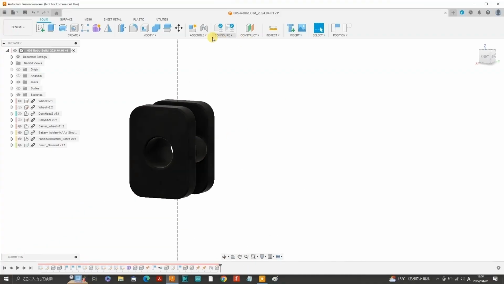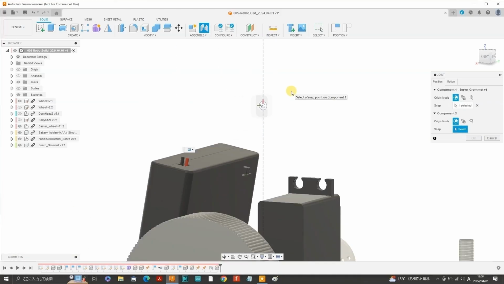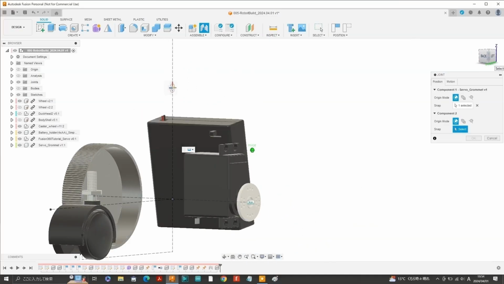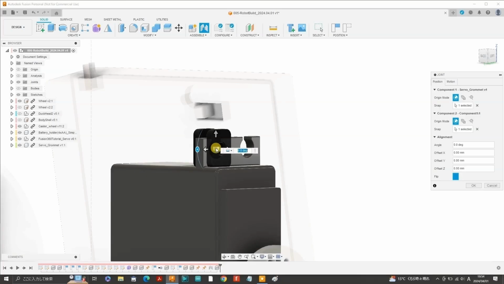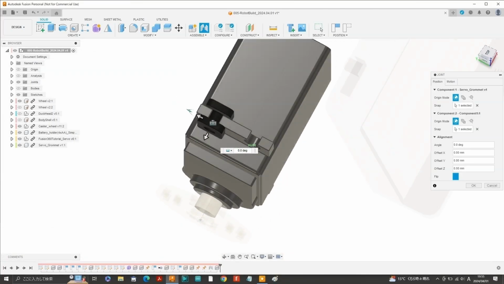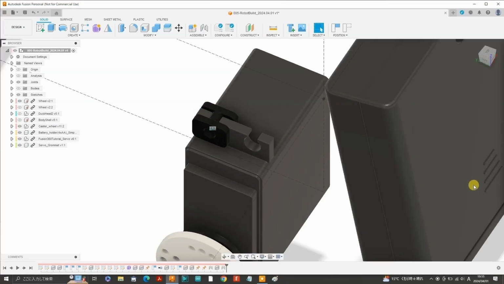Zoom into the grommet, select joint from assembly, glide the cursor over one of the inner faces of the grommet, hold onto the control key so that all the snap points on that plane will show, and you can simply select the center on that plane. Then zoom to the mount surface to the servo, glide the cursor over the surface of the mount, hold onto the control key and then select the center of one of the openings. And there the grommet glides into place. However, there's a bulge on the central portion of the grommet that needs to align with the outer opening of the mount hole. So we can just rotate the grommet until you can see the bulge.